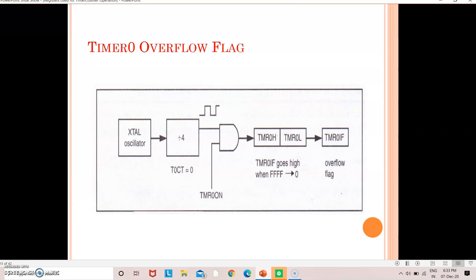There is one more thing to be noted: even if I say that this particular timer has counted 5 counts, remember that on the 6th count this particular bit is going to be set, and only then will the programmer come to know that the timer has reached its maximum value. That means I can say that 5 plus 1, that is 6 counts or 6 clock pulses, are associated with this particular timer.